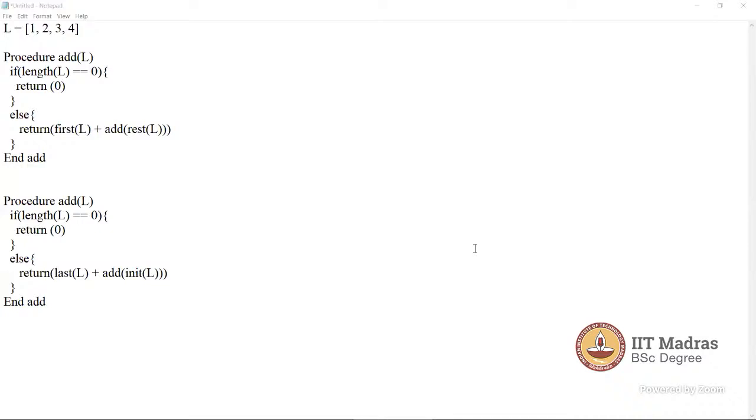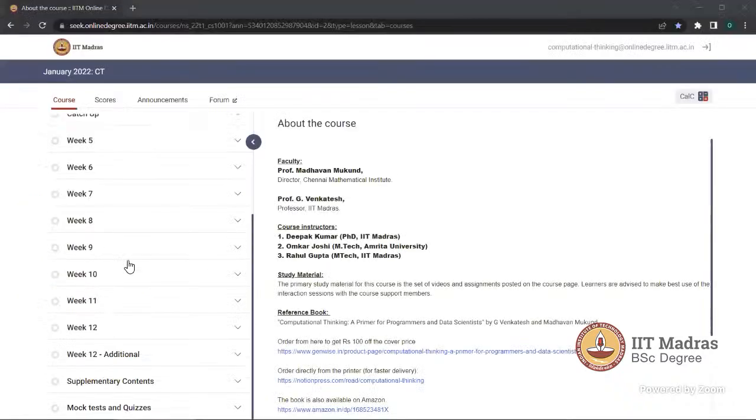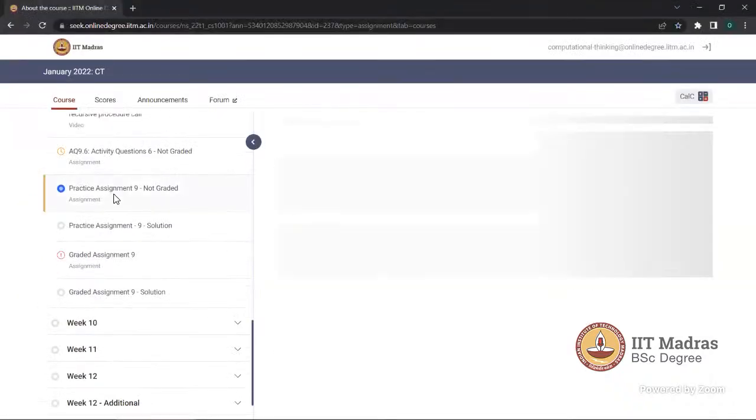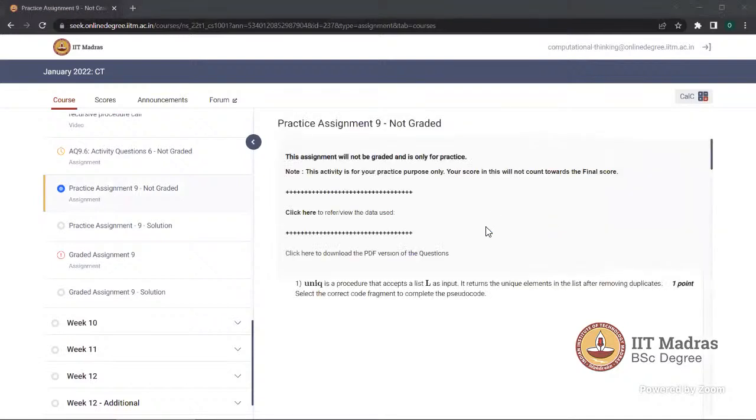Yes, sir, it's there. Yes, Rahul. Sir, it's not a doubt related to week 9, but can you go to the week 9 practice assignment? Yeah, sure. In this third question, the bank account question, sir.